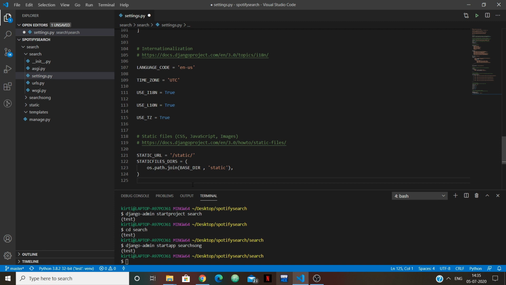Okay, and the last setting is STATIC_ROOT, so that HTML pages know that your styling part is present in the static folder.